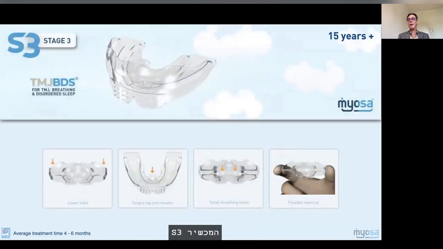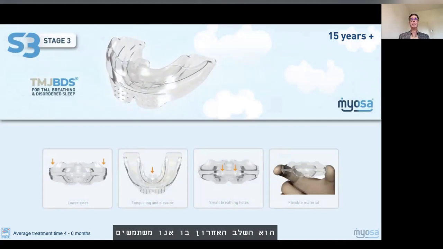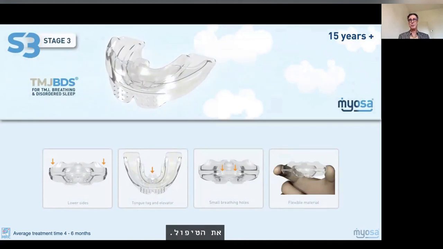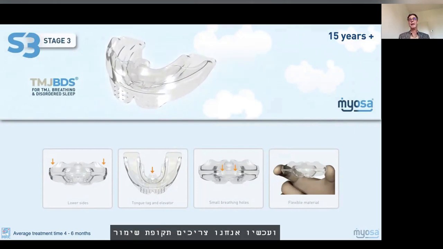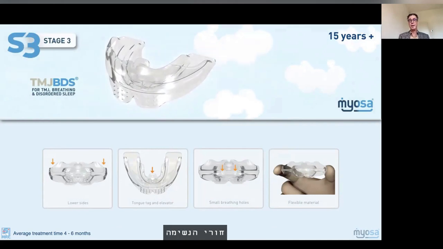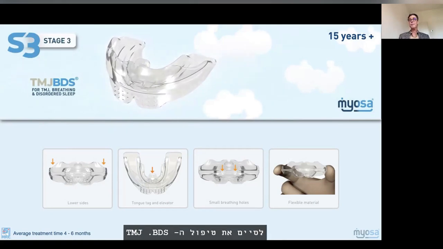The S3 appliance is the last stage we use in the TM joint BDS series. It's the appliance to finish the treatment, to get some retention. We corrected some functions like breathing, tongue position, swallowing, and snoring, and now we need some retention period of these corrected habits. So the S3 is not high, it's a low model. The breathing holes are very small. It's not possible to breathe through your mouth with the appliance. It has the tongue tack and the lip bumper, and it's a flexible and comfortable appliance to finish the